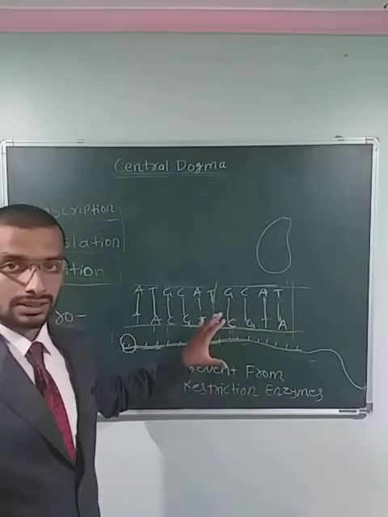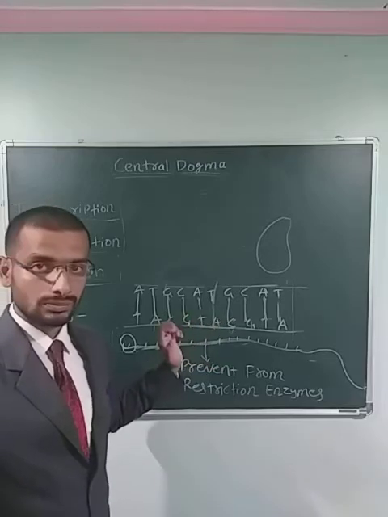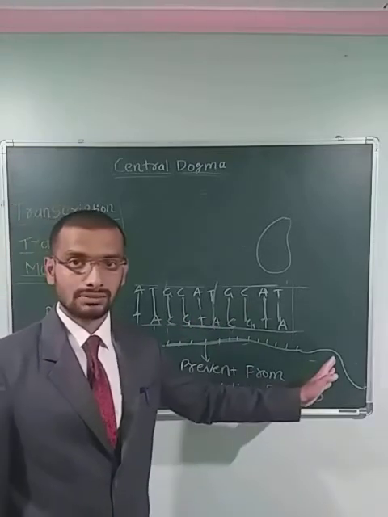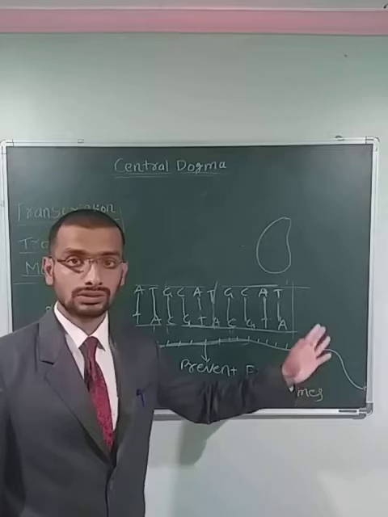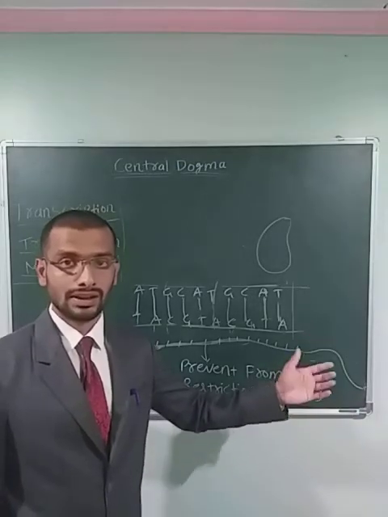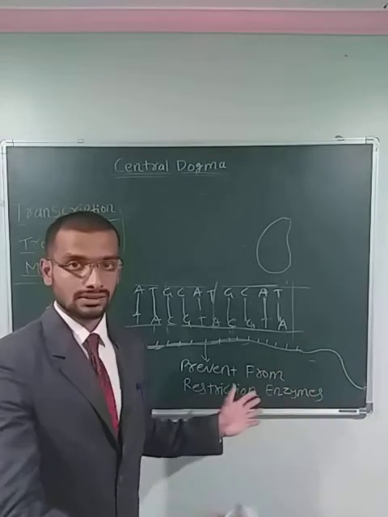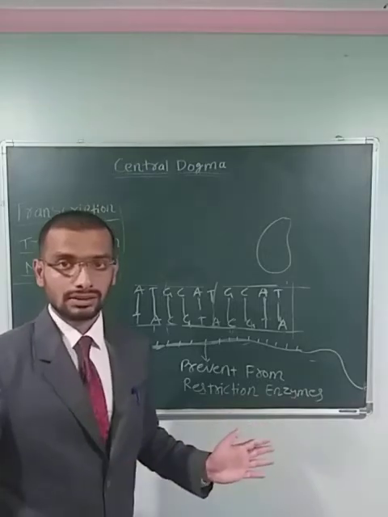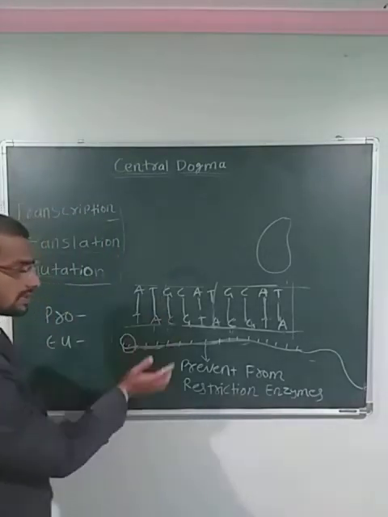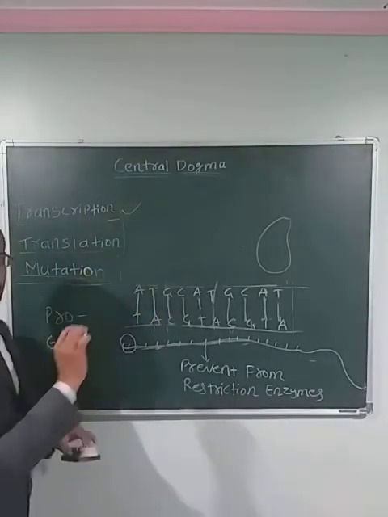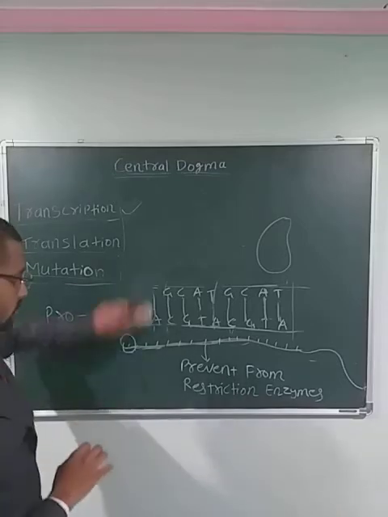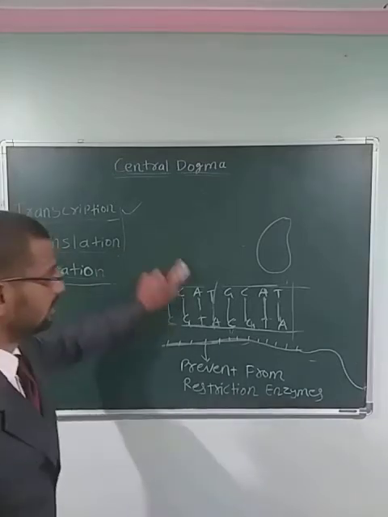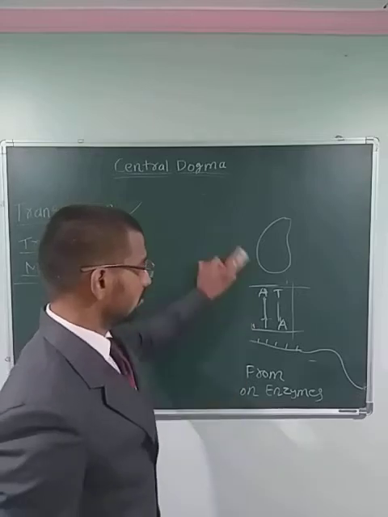The capping is nothing but the addition of a methyl group, and the tailing is nothing but the addition of 250 to 300 repeats of adenine, so that it gets time to degrade the mRNA. This process is called transcription. So now we'll recall the points. In the transcription process,